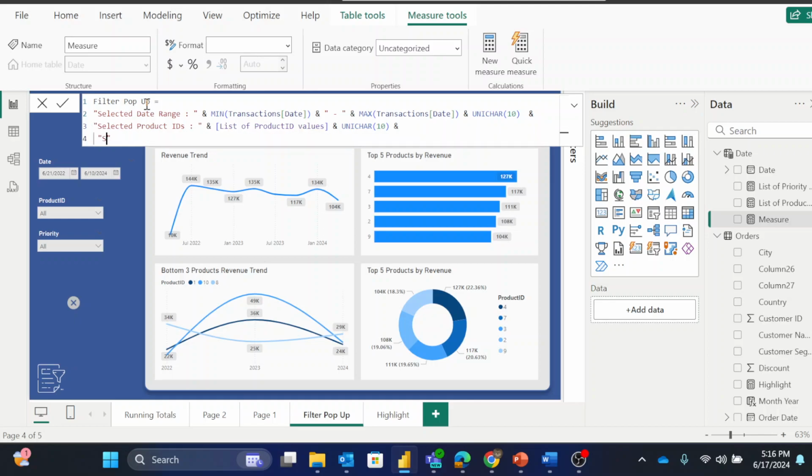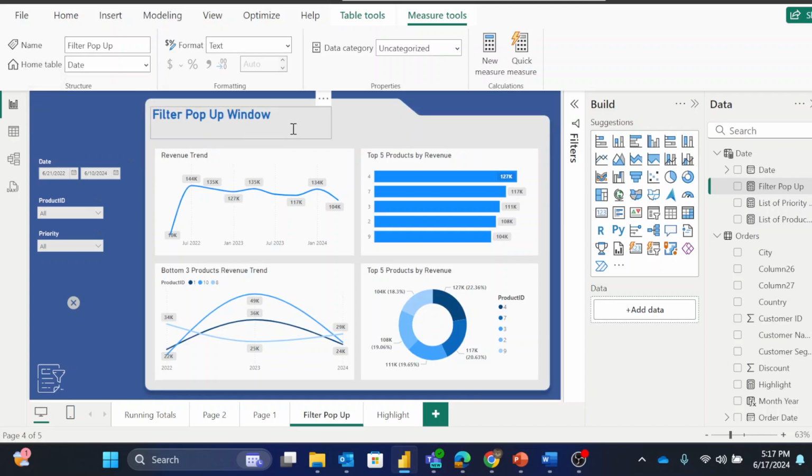Now I'm going to write for my priority, selected priorities, and my list of priority values. Okay,